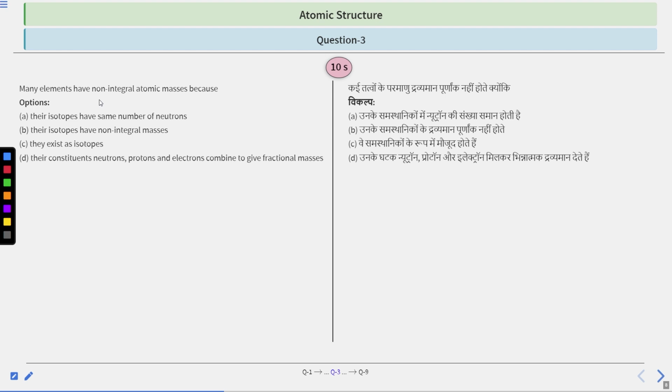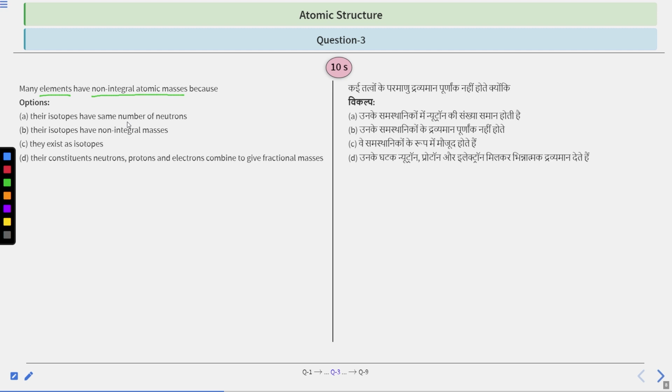Many elements have non-integral atomic masses because, so it is observed that many elements have non-integral, meaning not an integer, values for their atomic masses. So what is the reason behind it? You have to select from the options. Options are